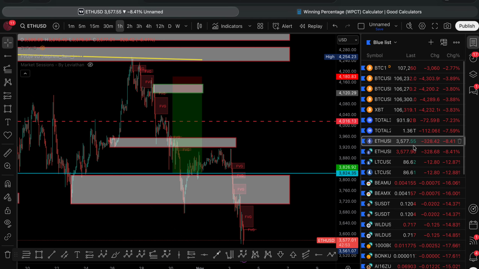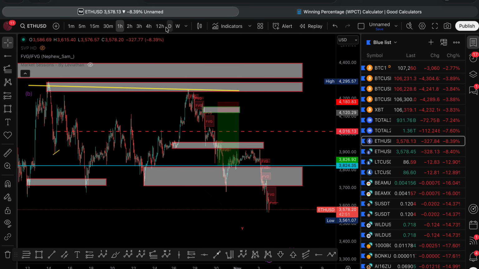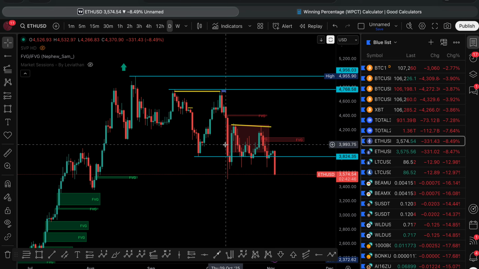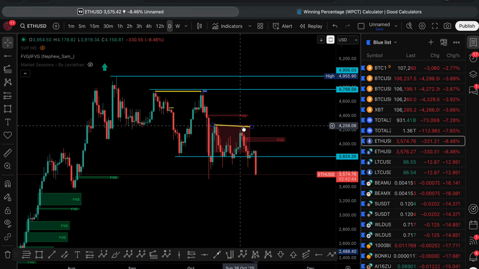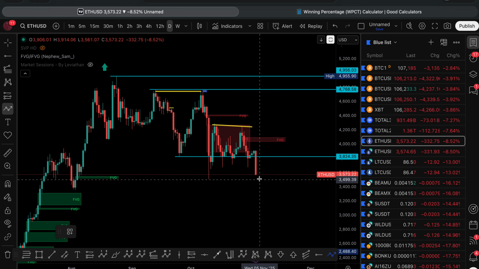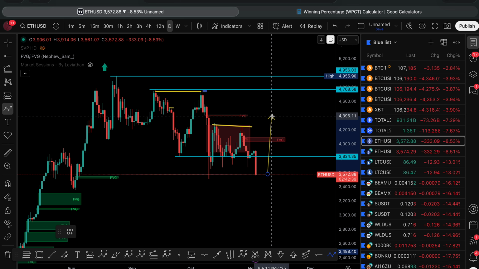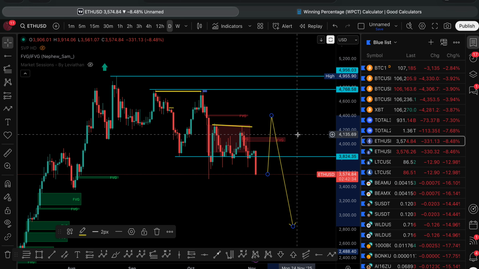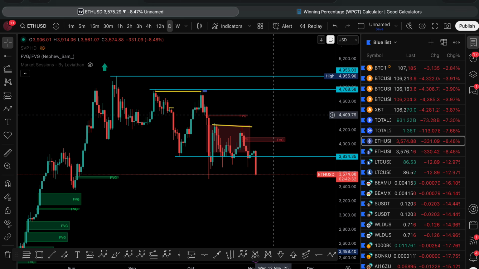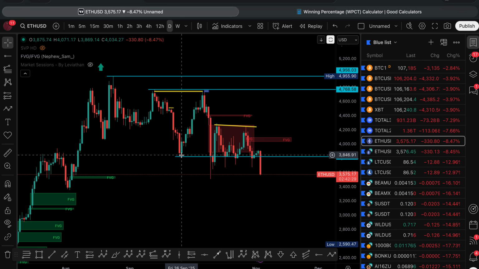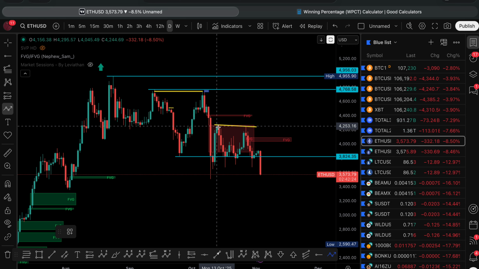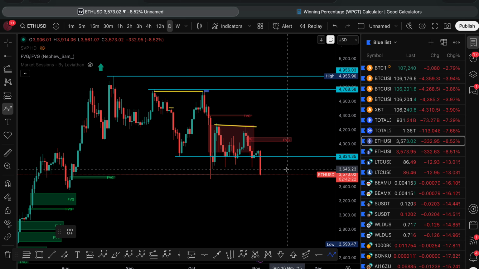Yeah, Ethereum also looks terrible. For example, on the daily, look at this. It has broken below this level. So again, we have a double top over there. Markets have a tendency to tap above that before they drop. So we'll also be observing what happens on ETH. It looks very, very bearish. It breaking this means that, as you can see, we have a pullback, and this is only pointing to the downside.